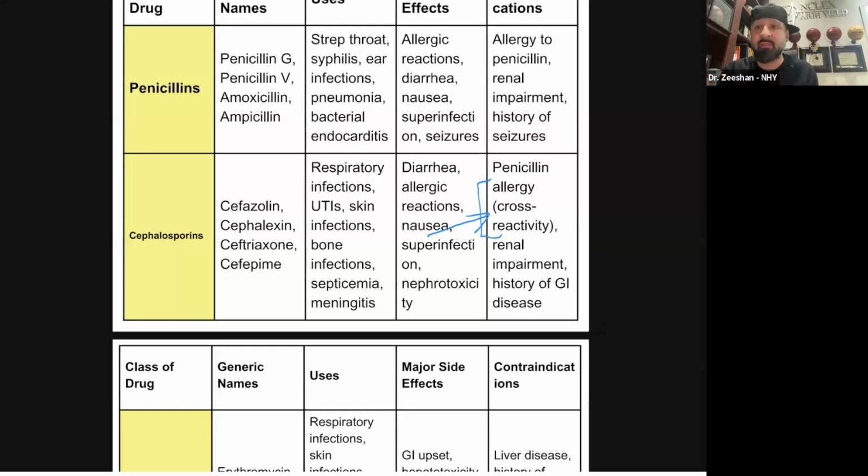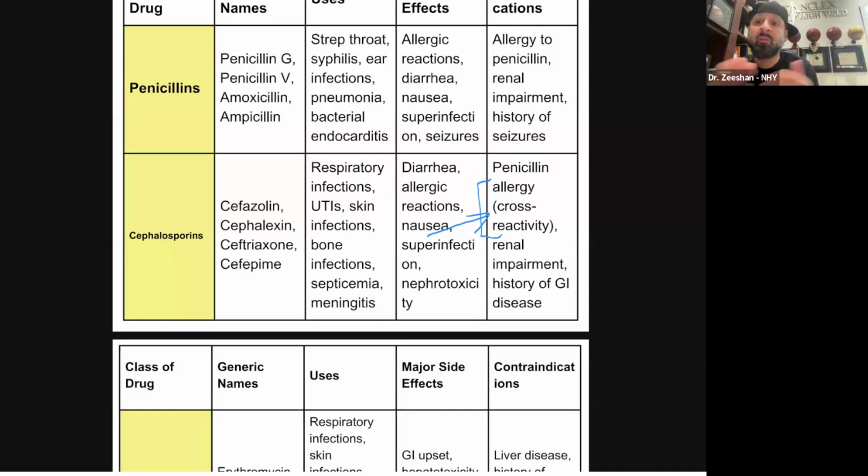We're going to educate. This is one of those great questions. Educate your patient. The question will be a further teaching, further intervention, further education type of question, where the patient will say, I'm not allergic to cephalosporins. I'm only allergic to penicillins.